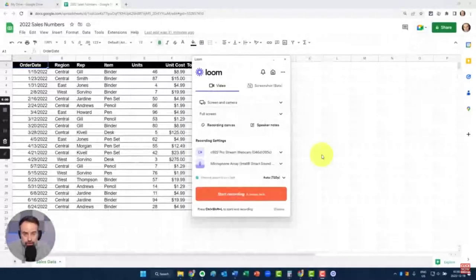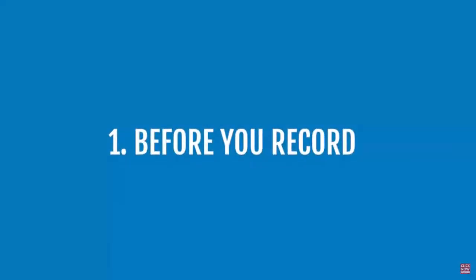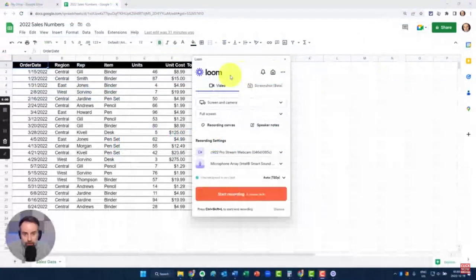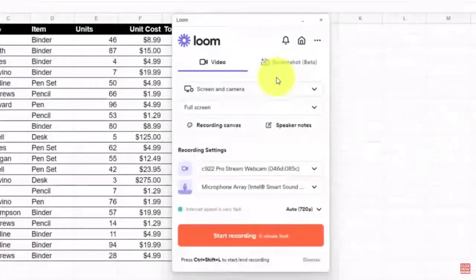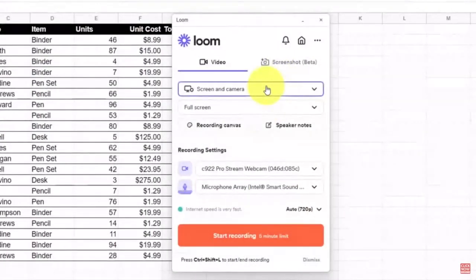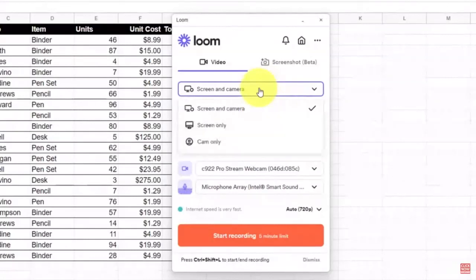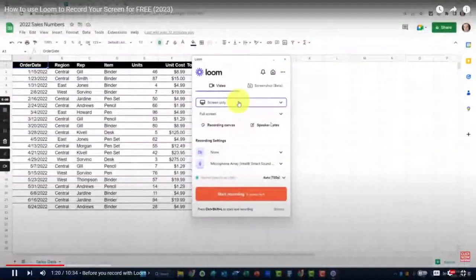So once Loom has been installed on your machine and you launch the Loom app, you'll be presented with this dialog. You'll also notice here in the left-hand corner of the screen, you can see my webcam, and I also have some controls which are creeping out from the left-hand side of my screen. Now, first things first, we need to decide what we want to record. By default, you typically will want to record both your screen and your camera, but that's not the only available options to us. By selecting this dropdown, we can choose to only record the screen, which will make my webcam go away.